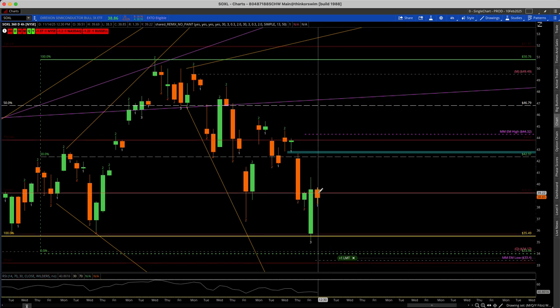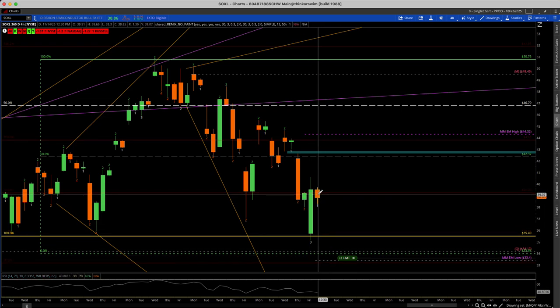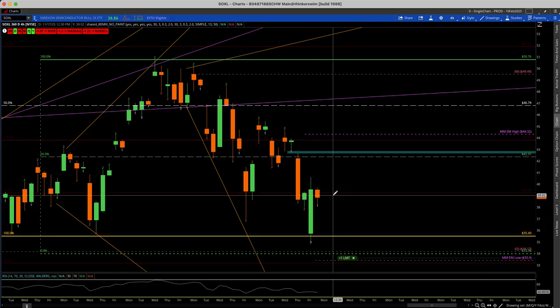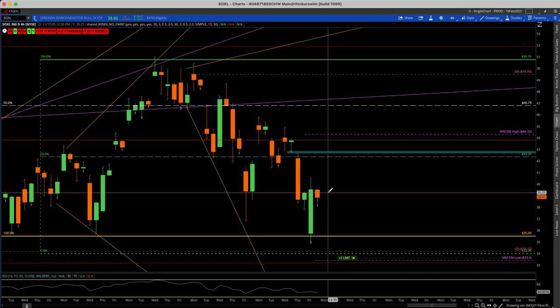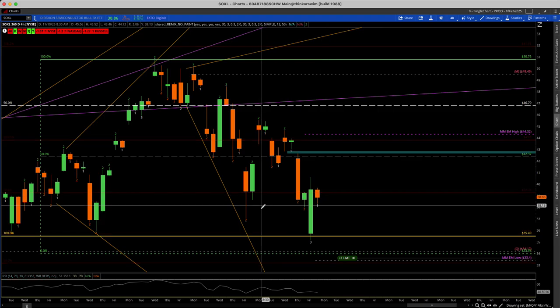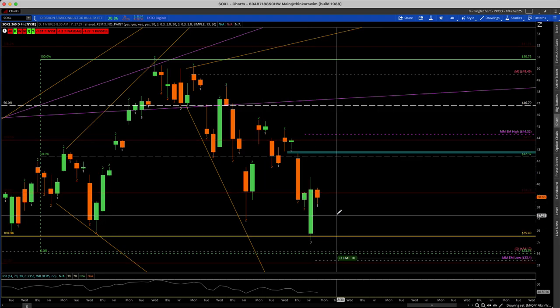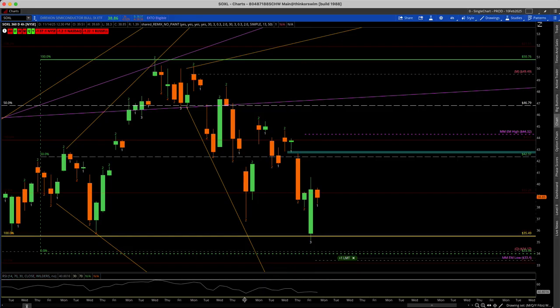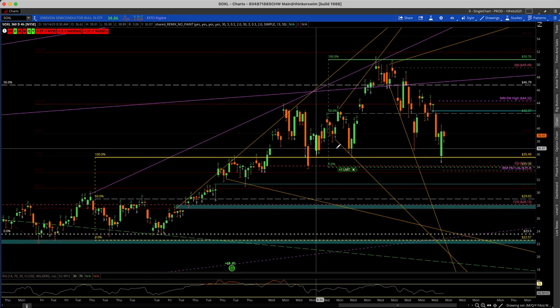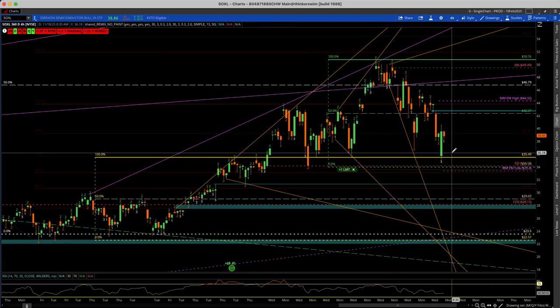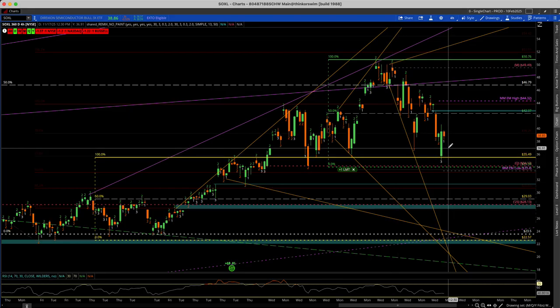But again, it finished on an inside candle. Although it was in the upper third of the candle, it was red. So kind of a neutral signal going into the end of the day. Again, we got a bounce so far off of last quarter's high, and just getting back into this support level, right? So we could see a little bit more downside action, and we did want to cover the calls that